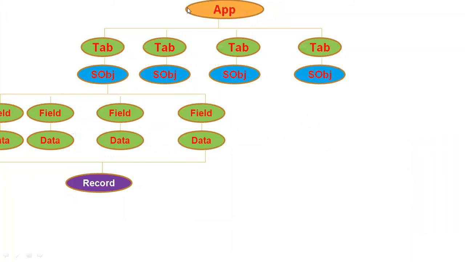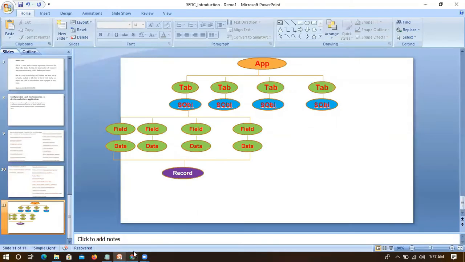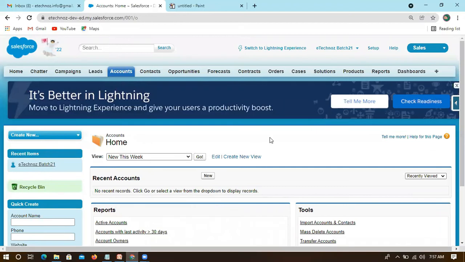I have created one application. We will now create one application, and this application can have multiple tabs. Each tab can be connected with only one object, and another tab with another object. For each object we can have multiple fields, and each field has individual data. The collection of all this data we call a record. I guess with this you understood better. Do you have any questions till now?